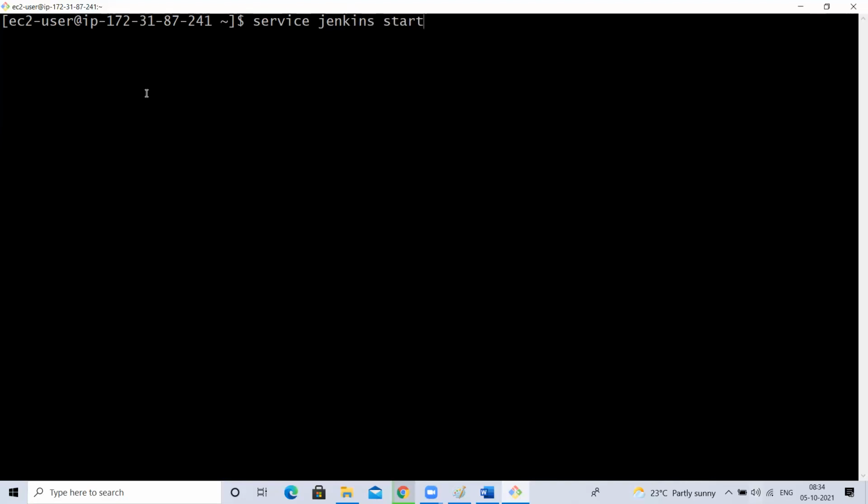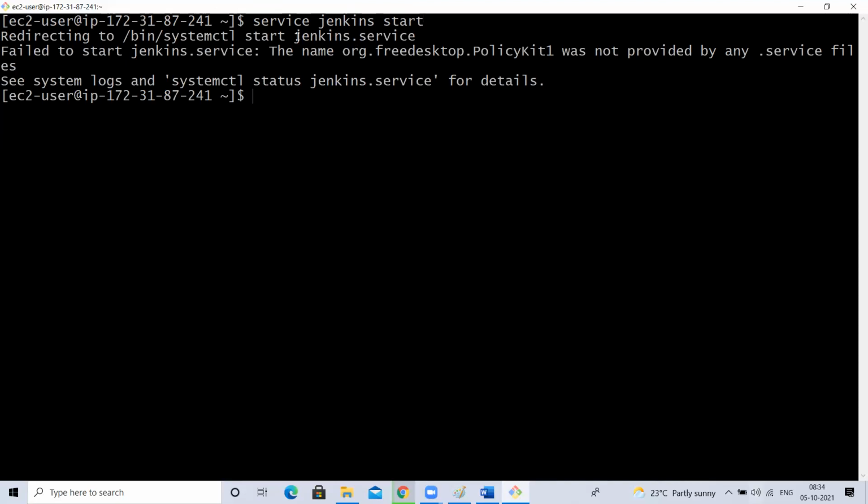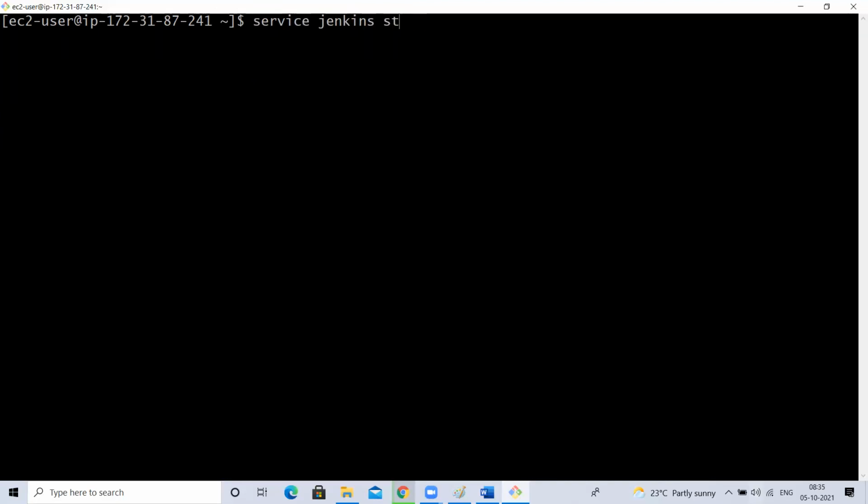I want to start it. Once I install a software on my Linux machine, it is not started by default. After installation, I have to start it based on the behavior of that. Few may start automatically, but we will not start. For now, Jenkins is not there on my machine, so that is the reason it is throwing an error. Or else I want to stop my Jenkins. Stop. I want to restart my Jenkins. Restart. Like this, if you have any services installed on your machine, like an external tool, if you want to start or stop them, service is the command.